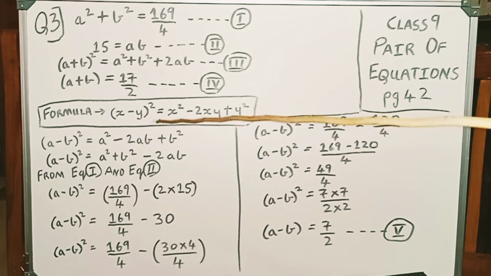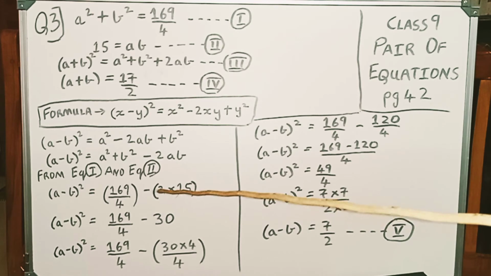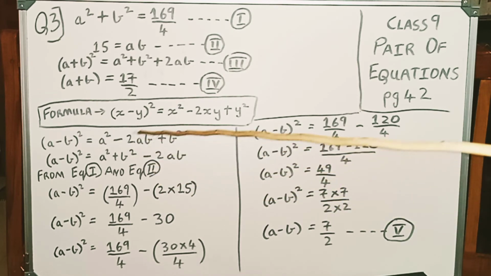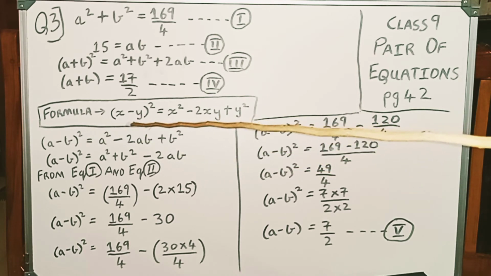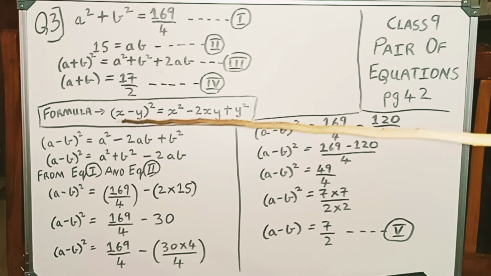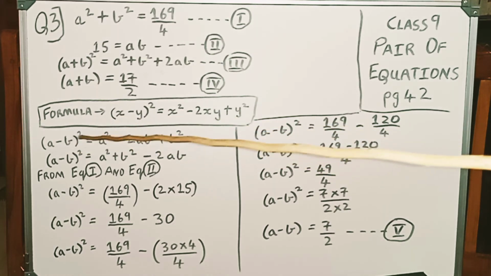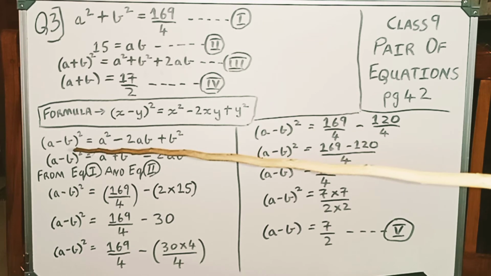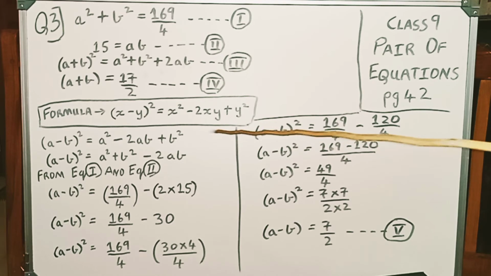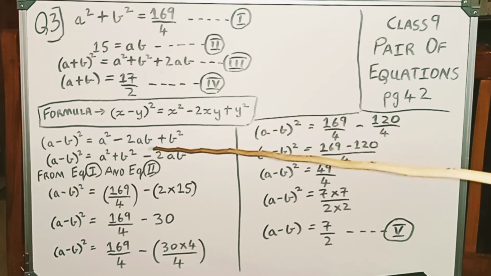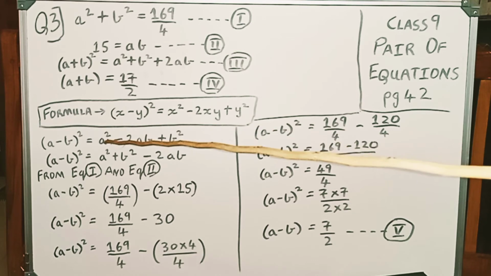So using this formula we will be trying to solve and derive an answer. Previously we had used the plus sign, here we are using the minus sign. Since we can interchange x with a, as we had done previously, and y with b, you need to be careful of the sign. (a minus b) the whole square is equal to a square minus 2ab plus b square. This same equation can be written in this form, instead of x we are putting a, and instead of y we are putting b.